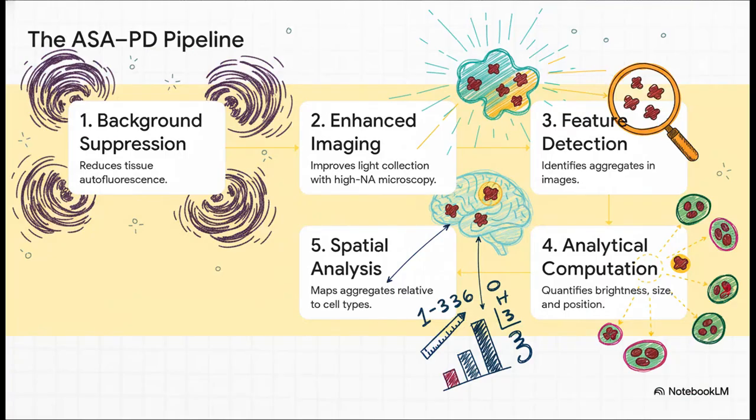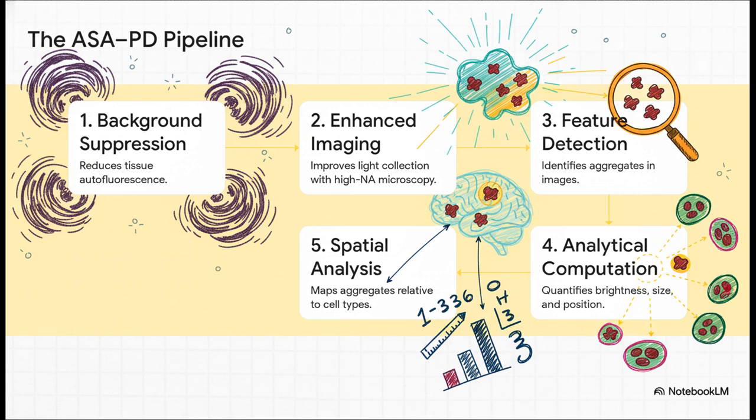The workflow for ASAPD is a 5-stage sequence. It kicks off with 2 experimental steps that are designed to maximize the signal-to-noise ratio. That's background suppression and enhanced imaging. These are then followed by 3 computational steps for automated image processing and data extraction: feature detection, analytical computation, and